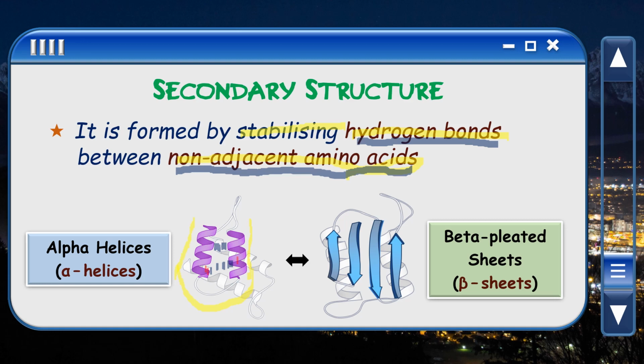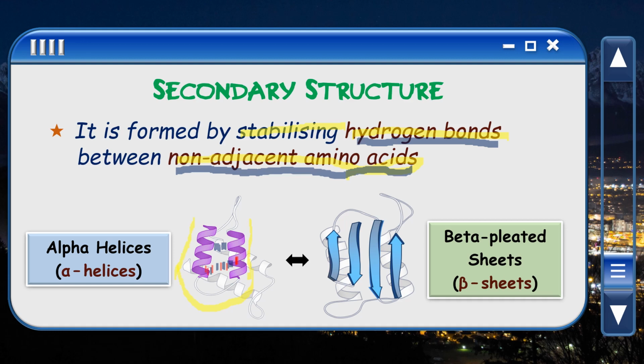And here also, there is an amino acid on another structure of a protein or a polypeptide. The amino acid here and the amino acid here form an attachment through a hydrogen bond. But these amino acids are not adjacent to each other. That's why we're calling them